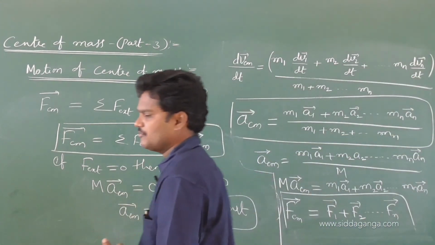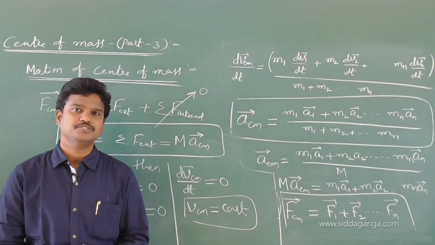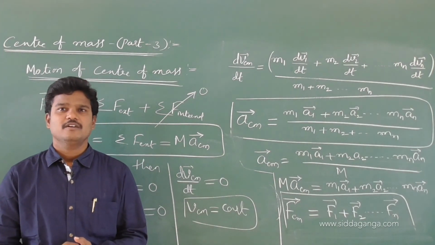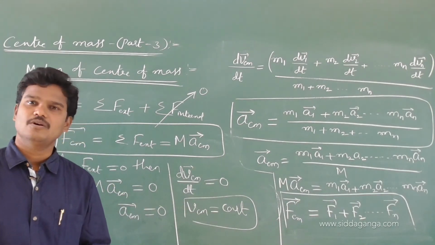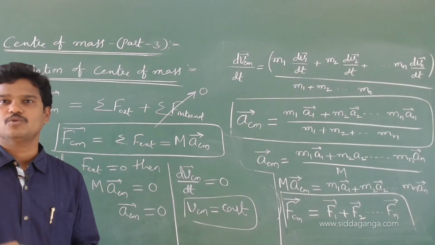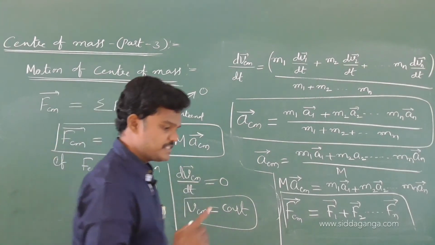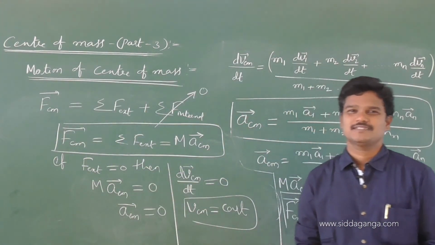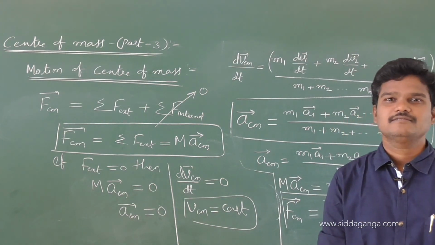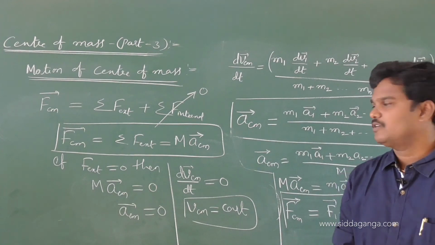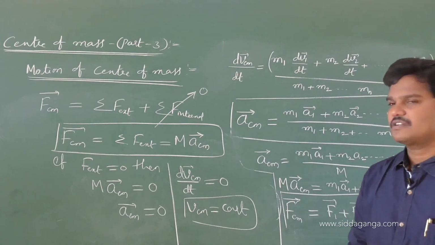So, in motion of center of mass, I covered velocity of center of mass. I started motion of center of mass by using position of center of mass. Okay. I used the RCM bar, which is equivalent to m1 r1 bar plus m2 r2 bar, so on, mn rn bar by m1 plus m2 and so on mn. And later by using RCM bar, I calculated VCM bar by applying the simple derivative process. And by using velocity, I calculated acceleration of center of mass. Finally, we got force on center of mass.